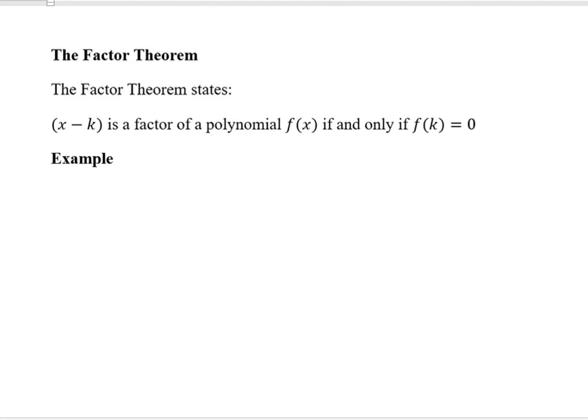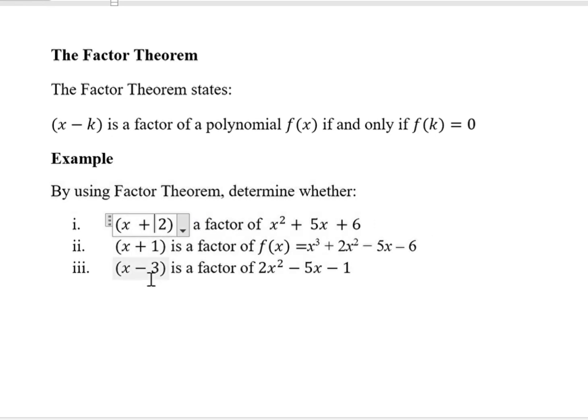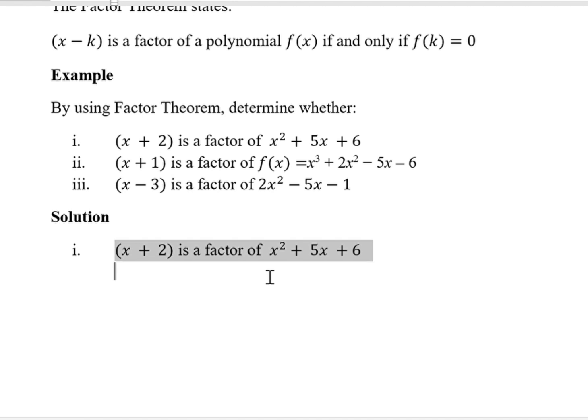Factor theorem states that x minus k is a factor of a polynomial f of x if and only if f of k is equal to 0. Examples: we have to use the factor theorem to determine whether these ones on the left are factors of what is on the right side. Solution: starting with the first one here, x plus 2 is a factor of x squared